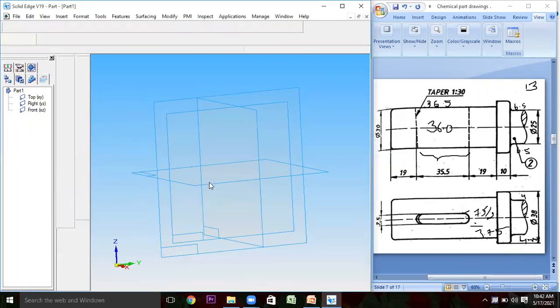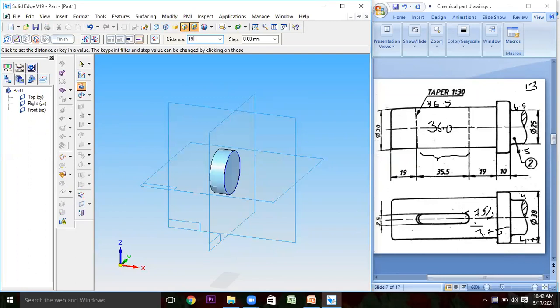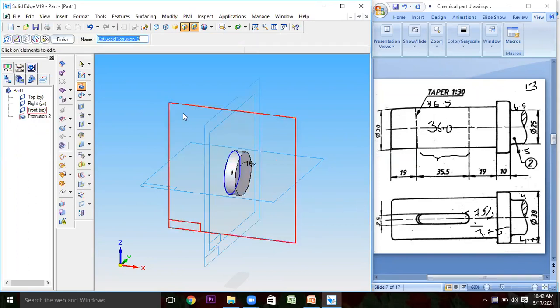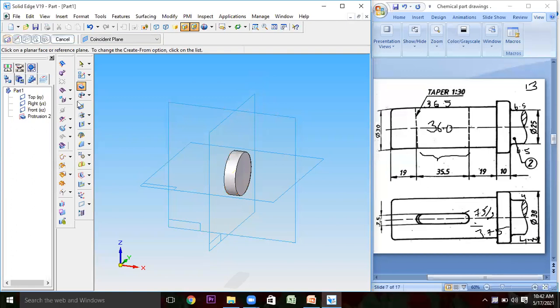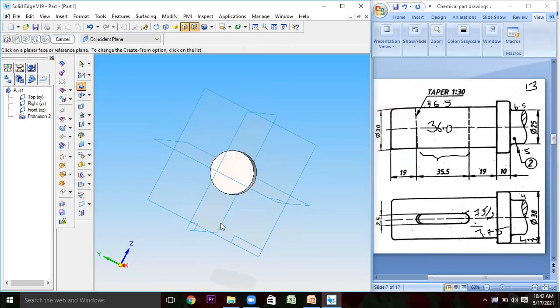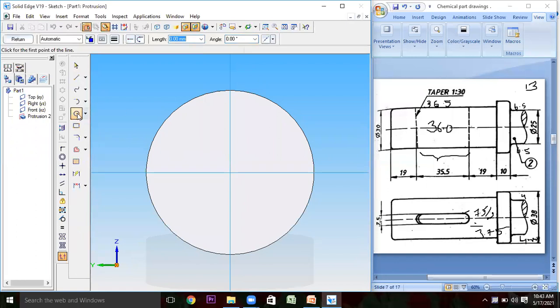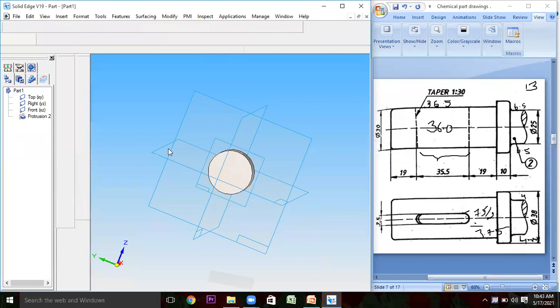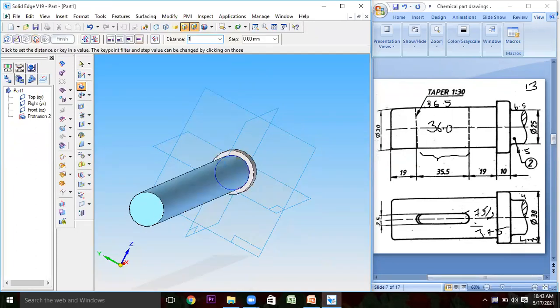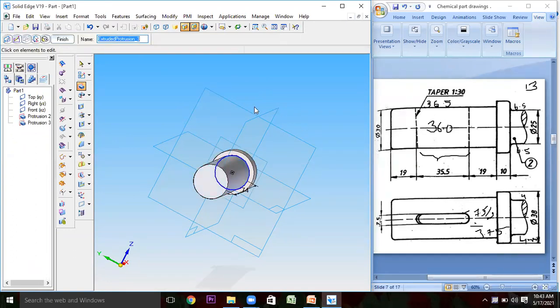Okay, then here I'll be selecting the front face of this, and I'll be creating my 30 mm circle over here, which is having 19 plus 36 plus 19 mm, which is nothing but 74 mm. 74 mm dimension will be